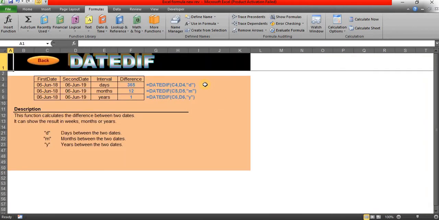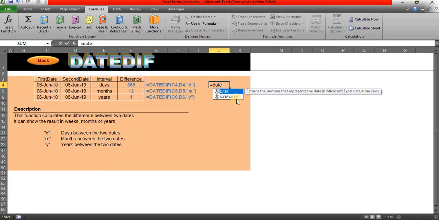Date difference. Using this formula, you can get the date differences. It can show the results in weeks, months, or years, based on the results you want. Equal DATEDIF of.